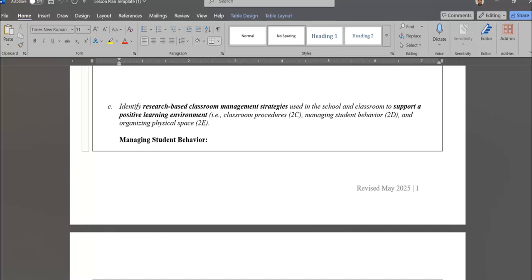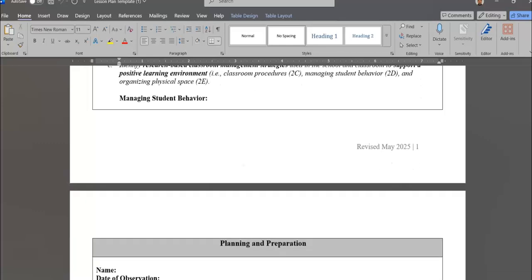Used in the school and in the classroom to support a positive learning environment. So one of the things I talked about in the second class was that you could be using a tool, for you middle and elementary school teachers, like Class Dojo, which is a wonderful technology. GoGuardian is another technology that teachers use in their classroom for classroom management. You could talk about how you have gone over expectations as far as digital citizenship and responsible use of technology